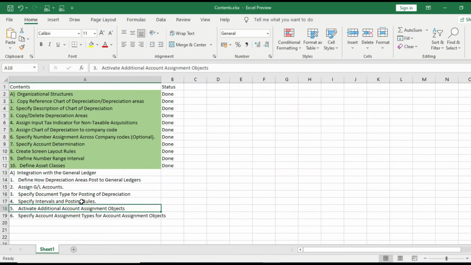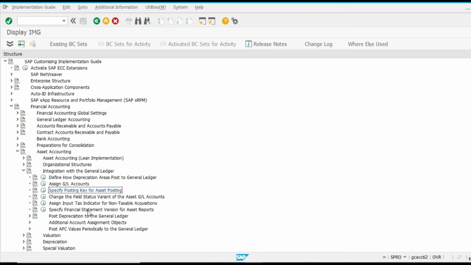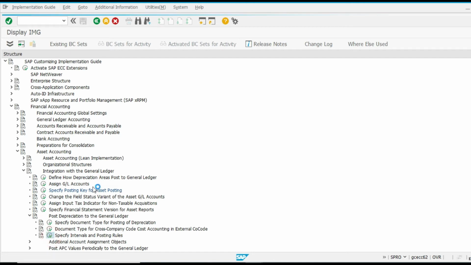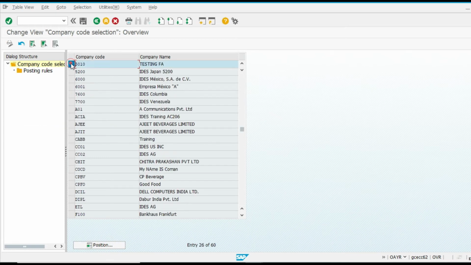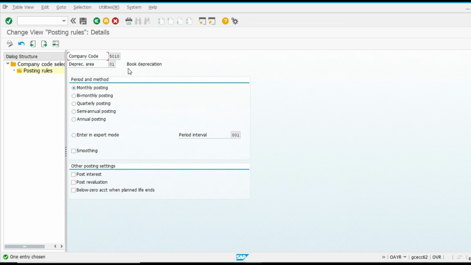Now next is specify interval and posting rule. Go to post depreciation to general ledger, then specify interval and posting rule. Our company code is 5010. Then go and select posting rule.